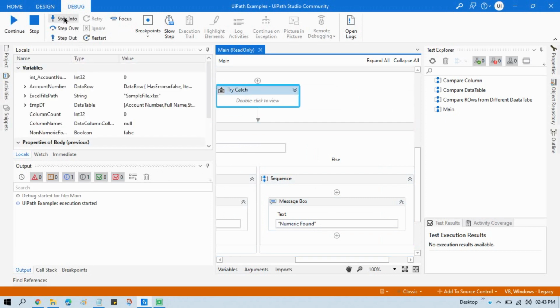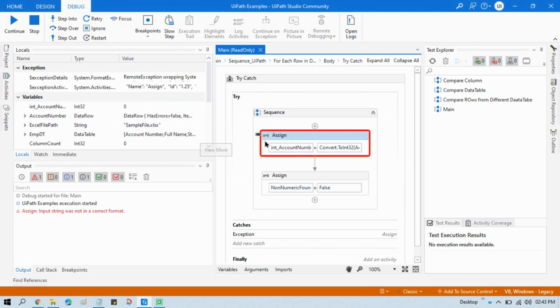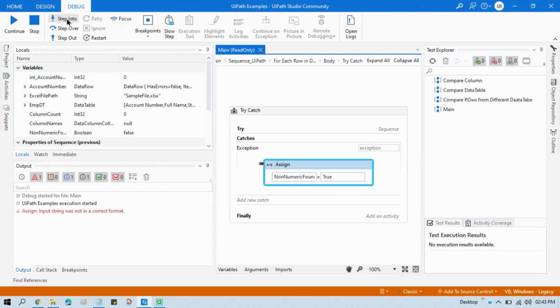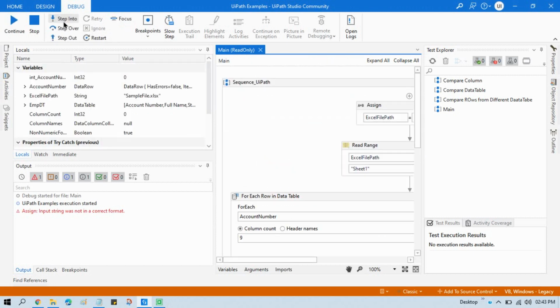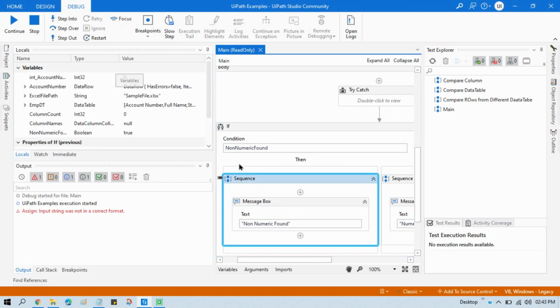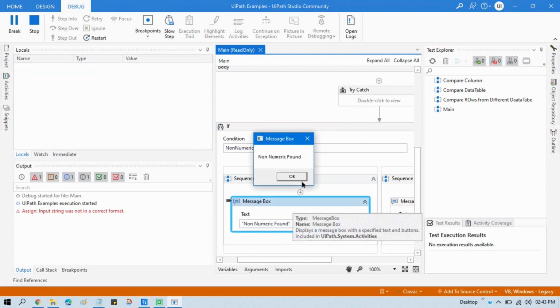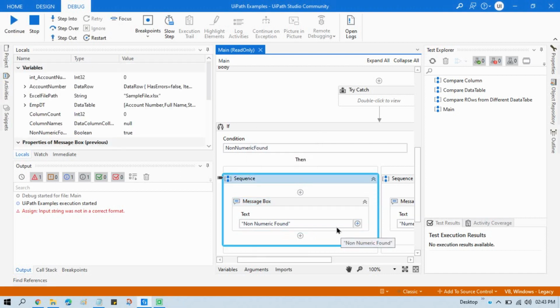Now going to the third value, that is AV, that is not a numeric value, so we are getting an error. We already have this activity in the try catch, so there is no problem. Now it is showing true. Come to this if condition. Now we are going to the true section, so non-numeric found. So this way we can check whether our value is numeric or not.